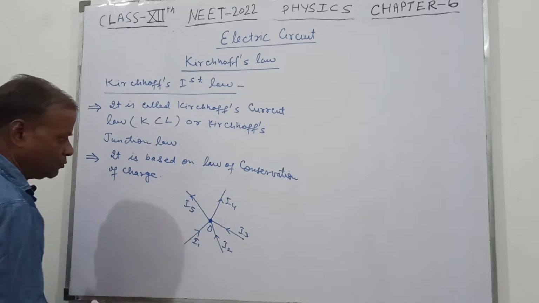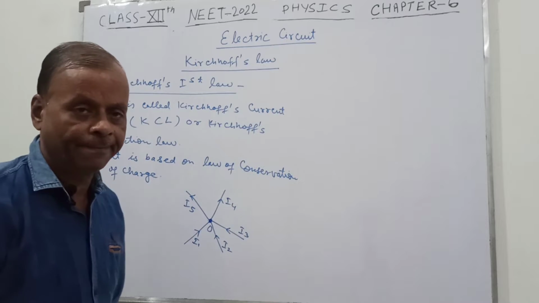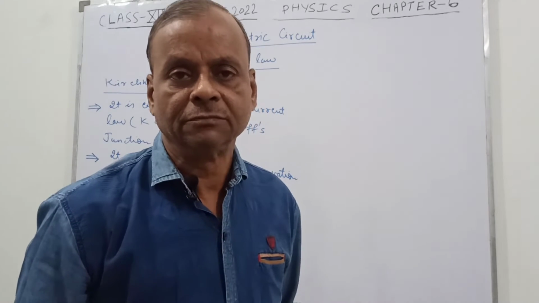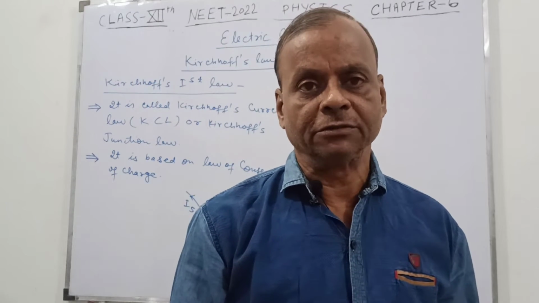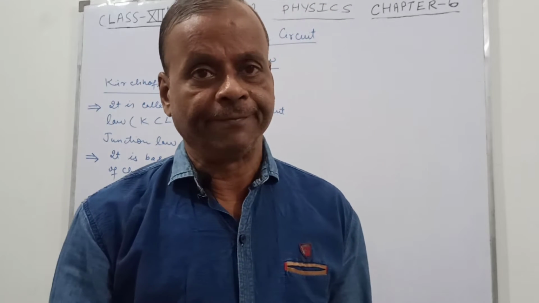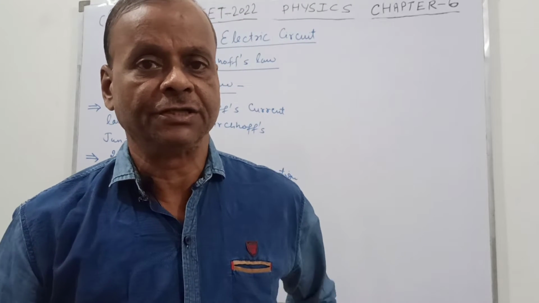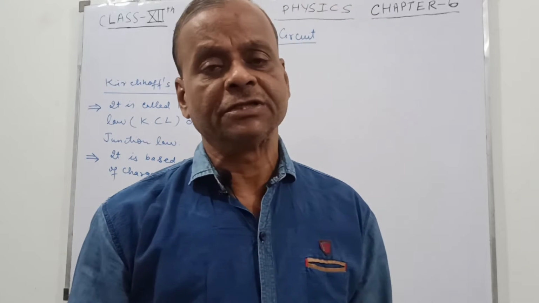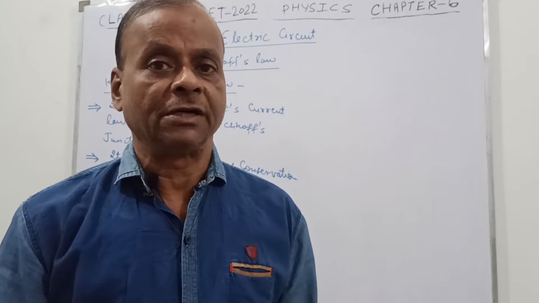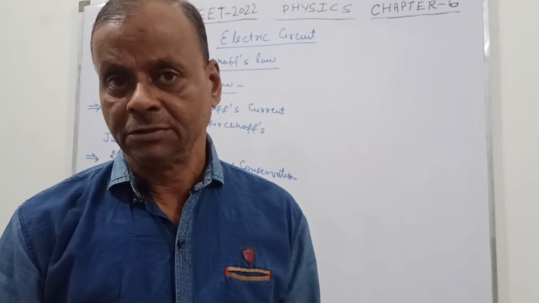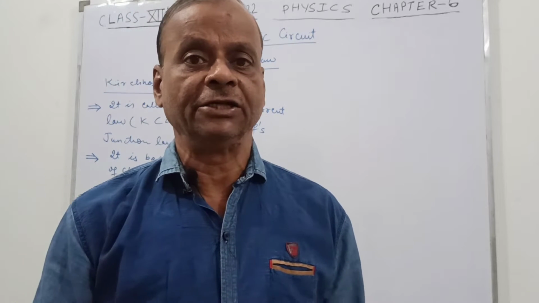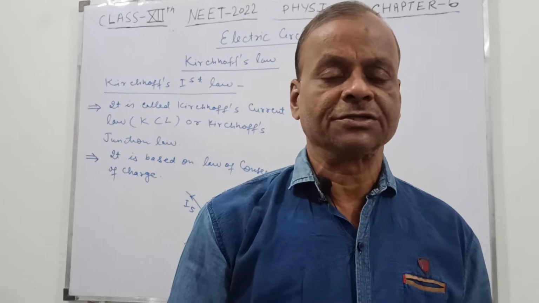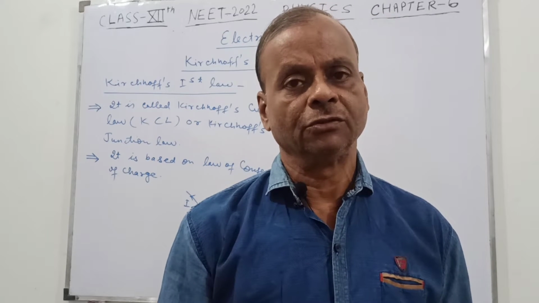This is now point O. O is called the junction point. Junction is a very prominent word used in railway. Have you heard the name of this junction? Railway junction. So in a railway junction, a number of trains coming from different directions meet at the point and then they go away from the junction. So similarly here,